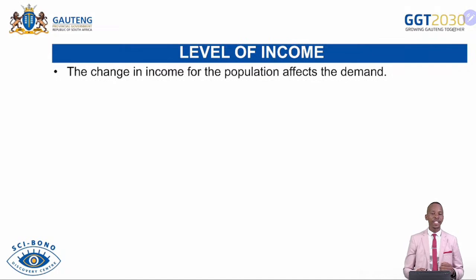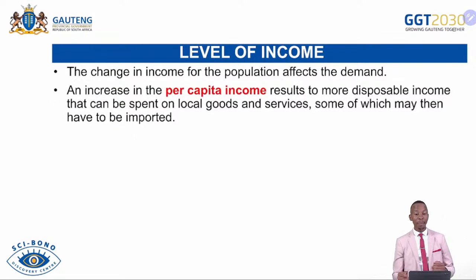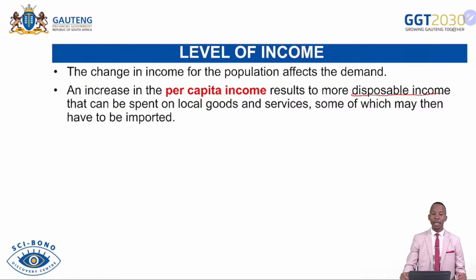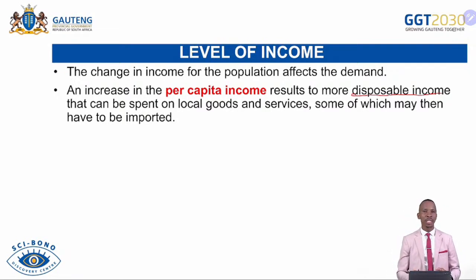We know that the change in the level of income affects the demand. As much as people are owning more money, there will be a change in demand. If people are having less money, there will be a change in demand. So an increase in per capita income results in more disposable income. If the per capita income or GDP per capita increases, there will be more disposable income that can be used. So as there is more disposable income, consumers might end up demanding more goods and services, for which